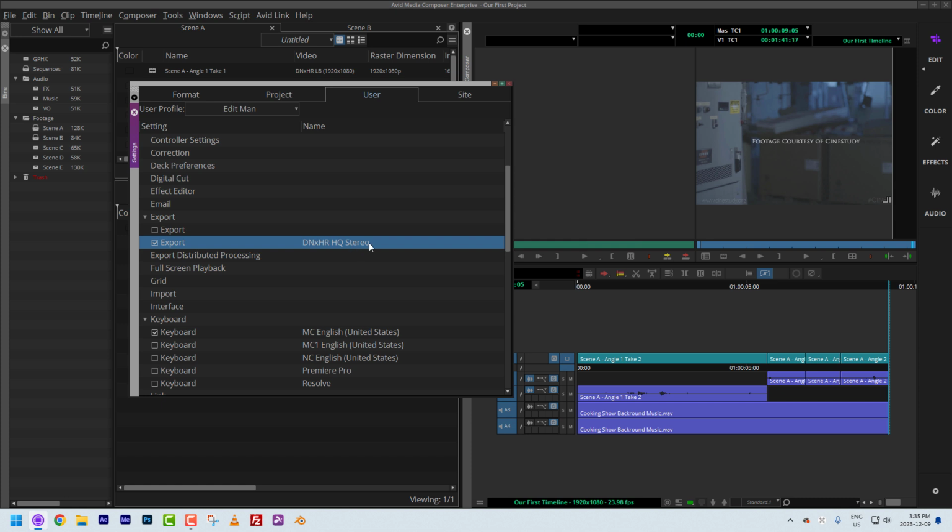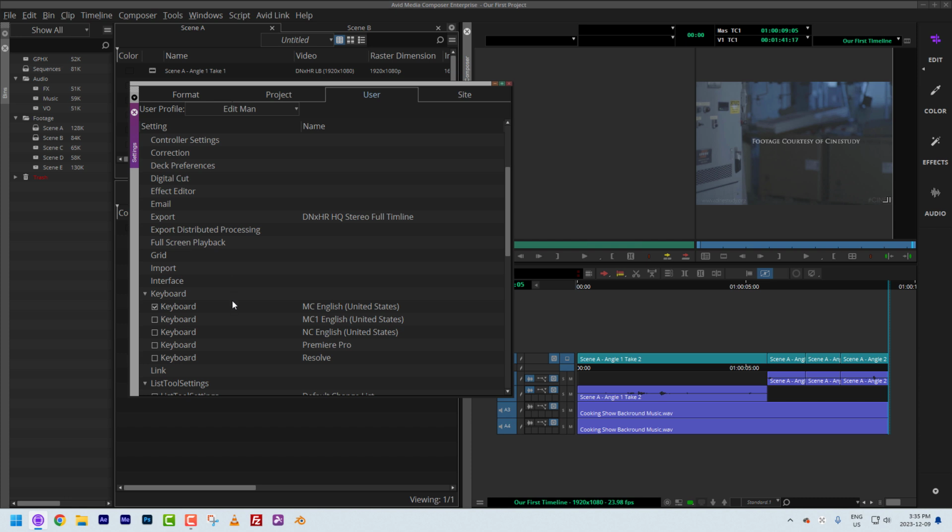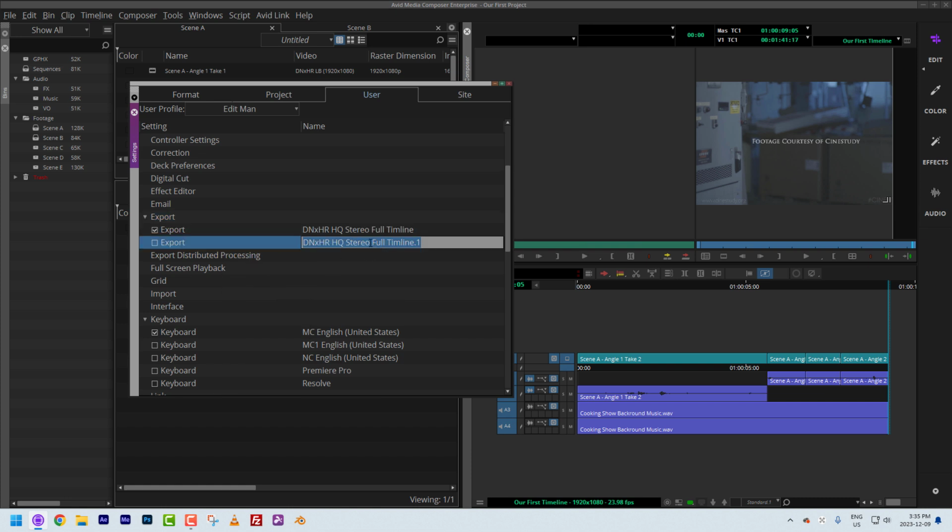Now what I should have just done is come over here and added in full timeline, like such, because this way I now know that if I select this export preset, it's going to export from the beginning to the end, all tracks. So instead of having to go through the whole export process again to create a new preset, I'm going to delete this original untitled one. And now I'm going to come to this export preset, right click, and come down to duplicate. And I'm just going to call this